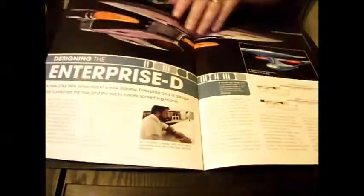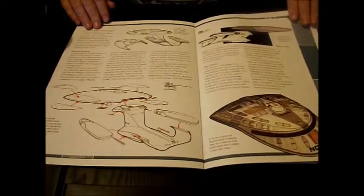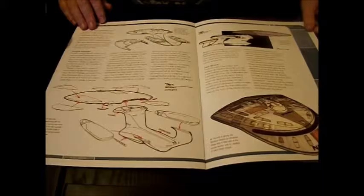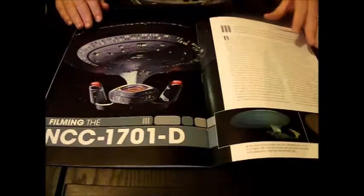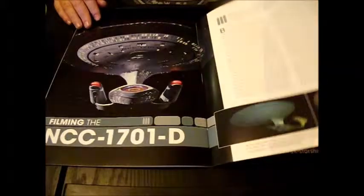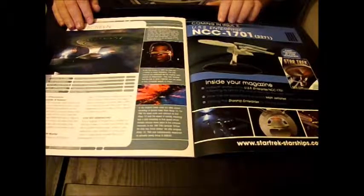Okay, and here's the design concepts. Okay, and then obviously more design concepts. It was only designed in the mid-80s, so it was still fairly fresh in the history of Paramount, really. Quite easy to get their hands on it, I would imagine. Okay, and then the filming of the model, and then you get the next issue, which is the refit Enterprise from the motion picture,